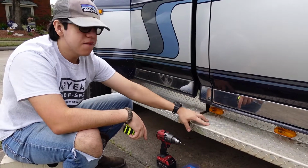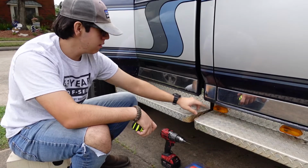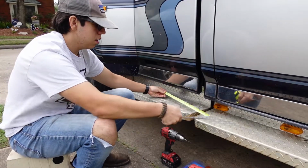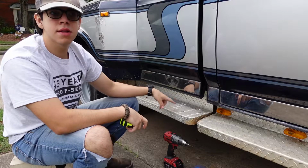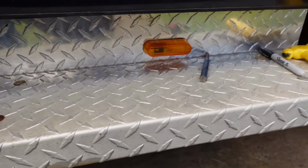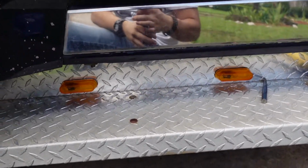So my old ones are 15 inches apart from center to center. So I'm gonna do the same thing on the new ones. Go from right here, and it should be about here, about 15 inches. That's roughly where it's at. So I'm gonna do that. It should leave me enough space for 2 lights on each side. All right, so I finished installing one side. As you can see, here they are. They're attached. So I'm gonna use 4 in total, 2 on this side,